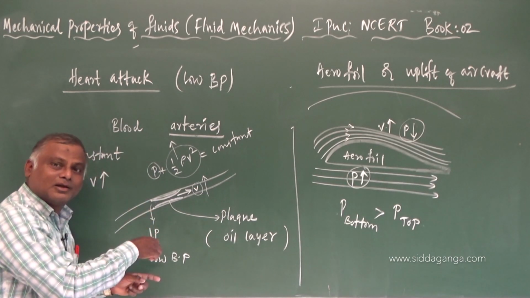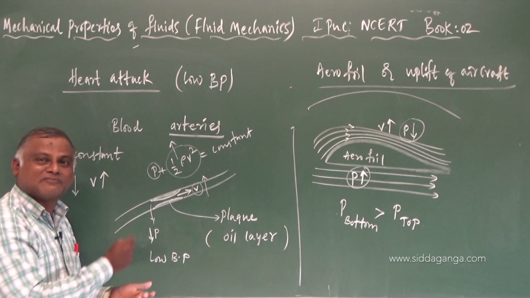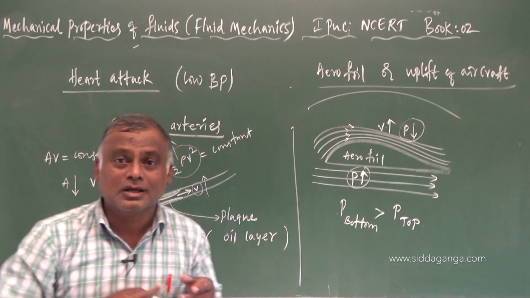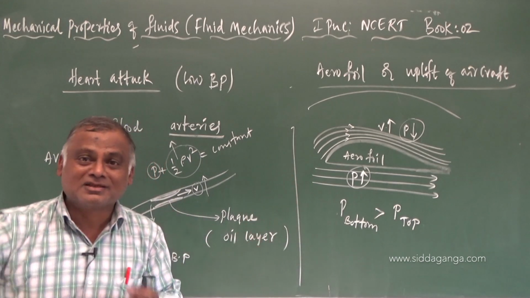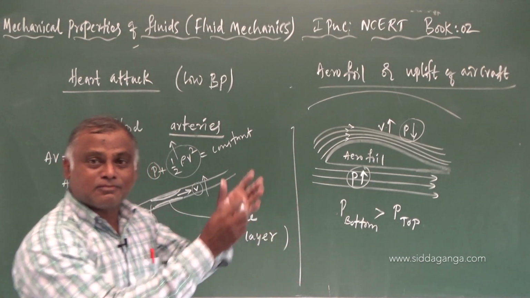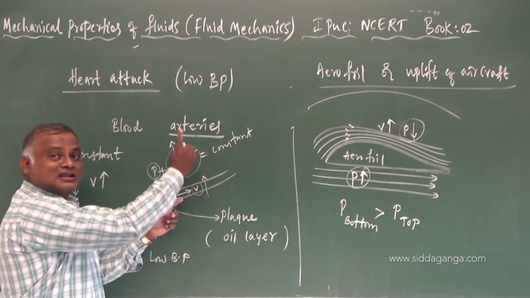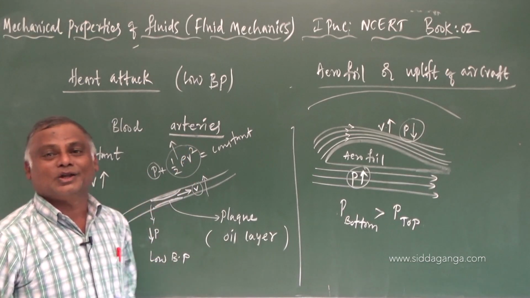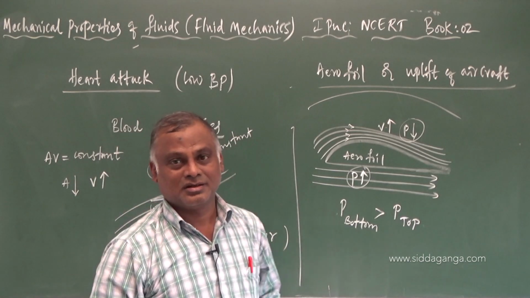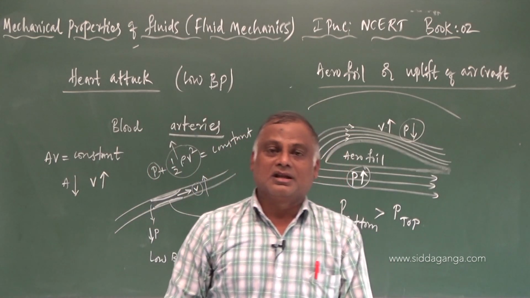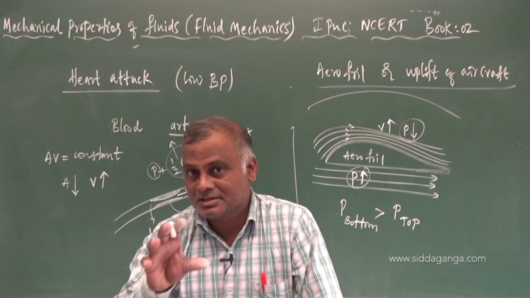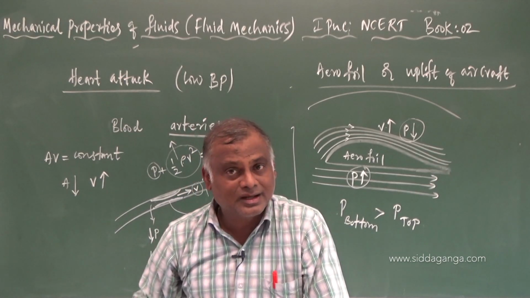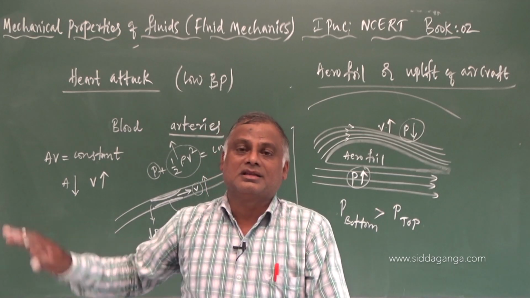Again a second low BP, ಎರಡನೇ ಸಲ low BP ಆಯಿತು. Again workload is given to the heart to pump the blood again. What happens? When the heart pumps the blood, velocity again increases. Again there is a reduction in pressure. This leads to low BP, my dear students. A person dies. This is how Bernoulli's theorem helps in understanding these examples.